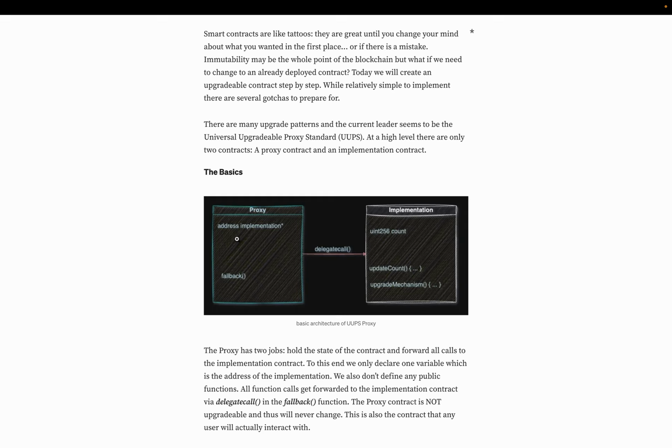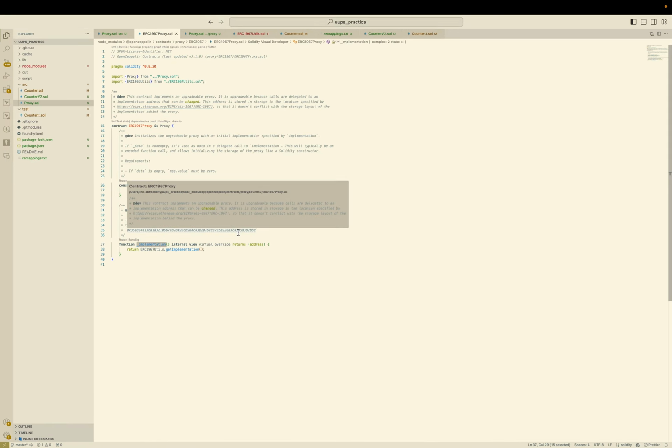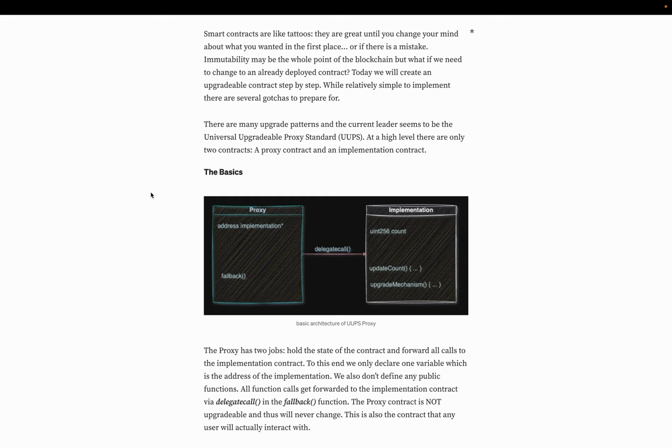But if we defined the implementation address like we do here, that will by default store it in slot 0. Now, there you go. We have a storage collision, and it's going to give us some unpredictable results, which is not what we want. So by following the ERC 1967 standard, what OpenZeppelin will do for us is